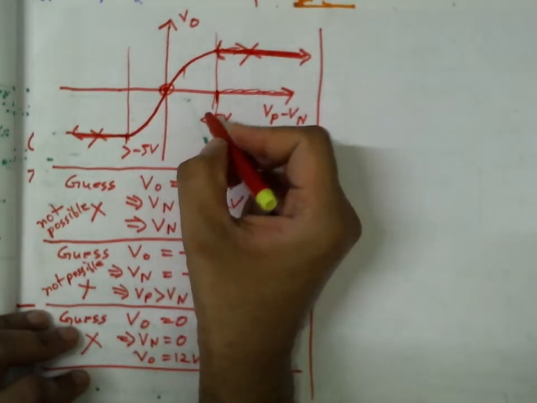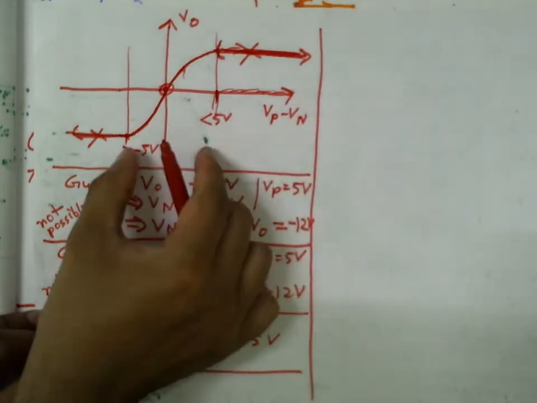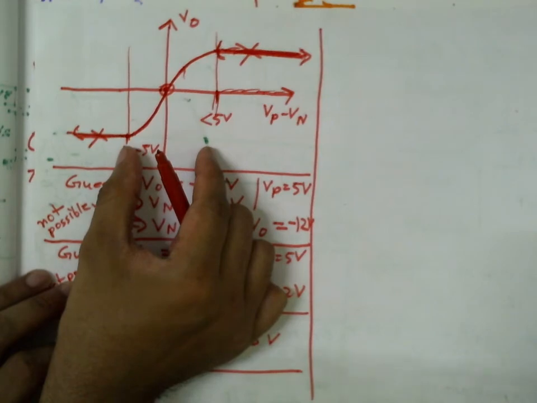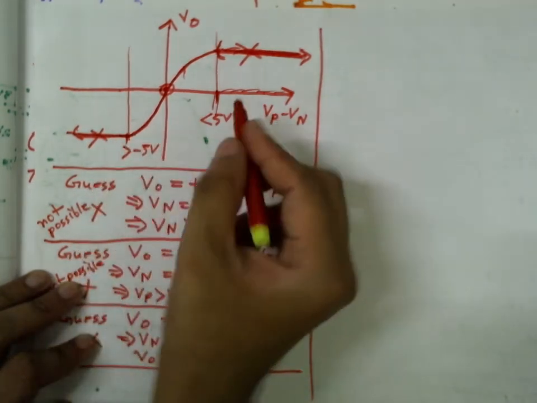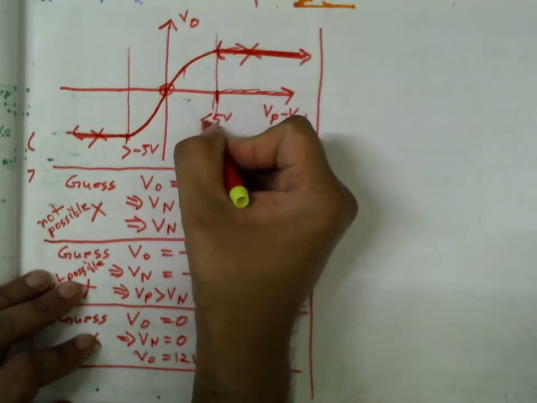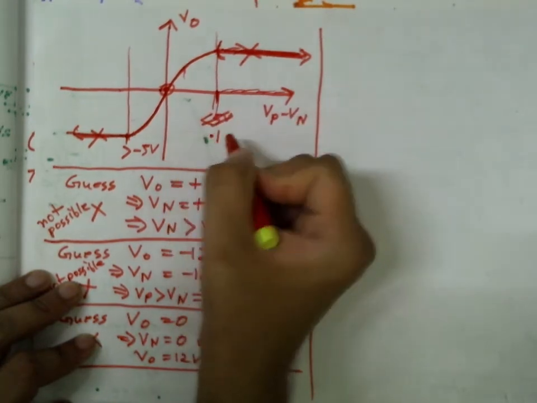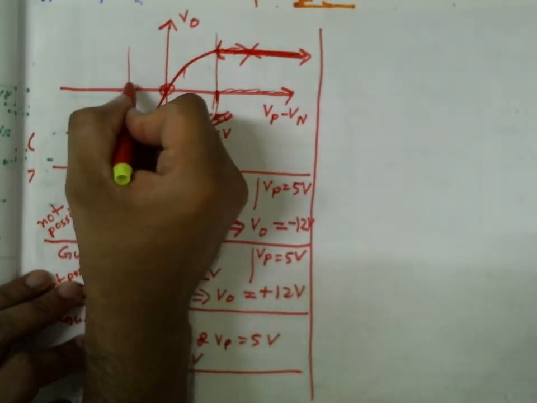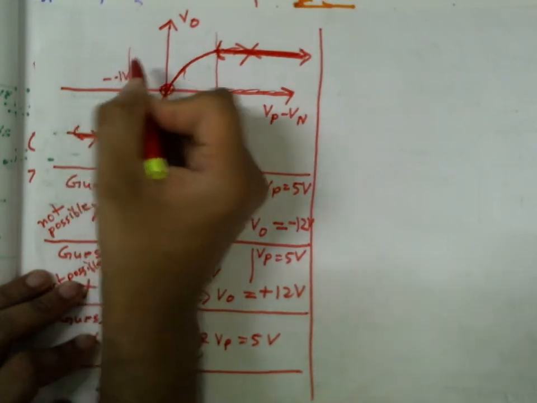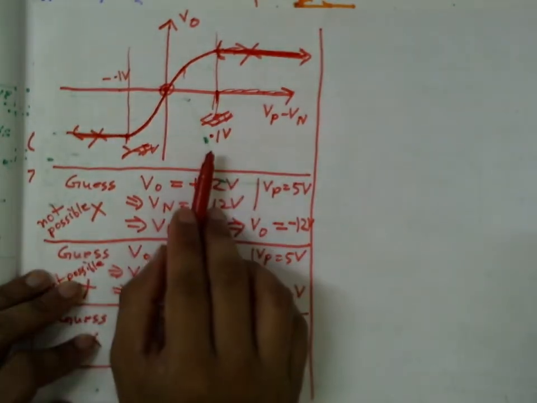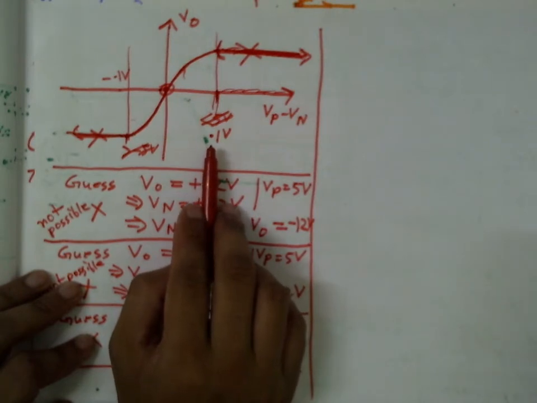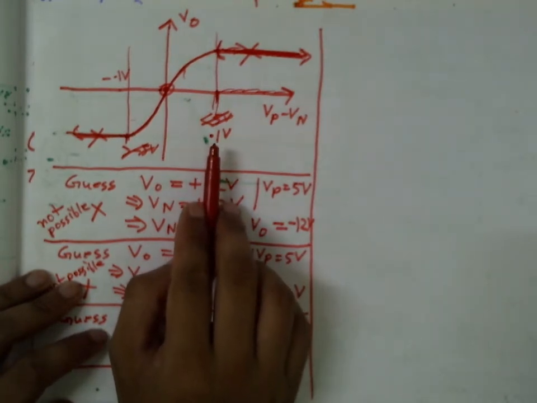Let me just put some concrete value. Say this gap, which you called the resolution, is around 0.1 volt, which is actually very bad resolution. But for this example, let's take this value as 0.1 volt, and this side as minus 0.1 volt. This is a bad op-amp. This 0.1 volt is a bad resolution. It should be near microvolt, a few microvolts. So 0.1 volt is a bad op-amp, but let's